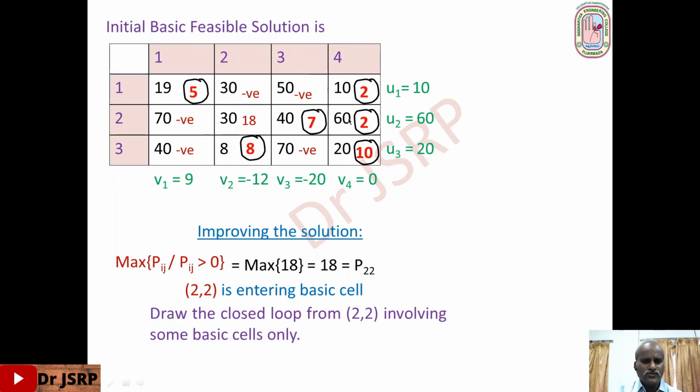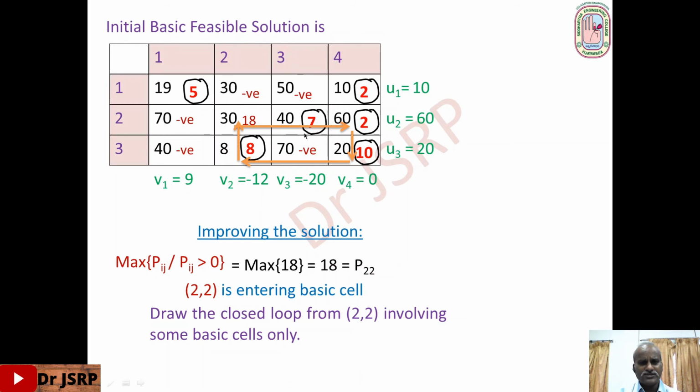Since we have to reach the starting point, we started from the 2,2 cell. We have to reach this cell. So keeping that in mind, I can move from this to this cell, and then from this cell to this cell. Okay. So first, or you can come in reverse also. That is the anti-clockwise direction or clockwise direction. You can move in either direction. So from this cell, I move to this cell, from here to here, from here to here, from here to here.